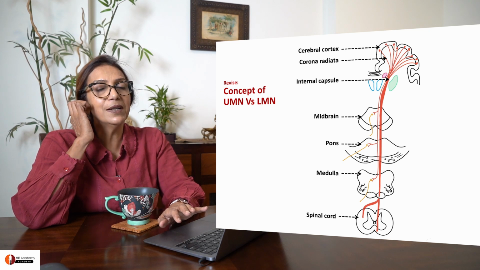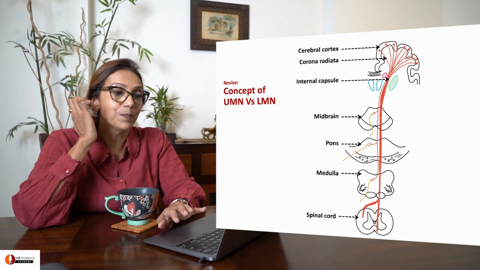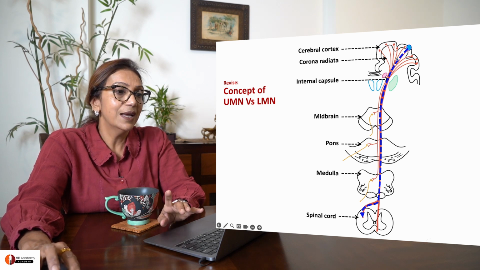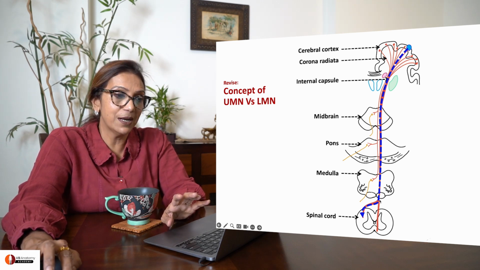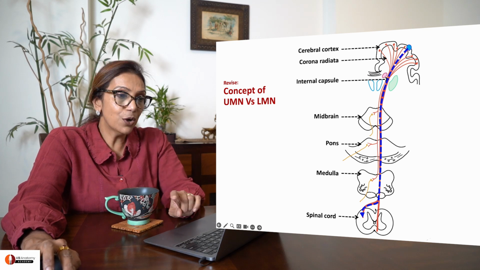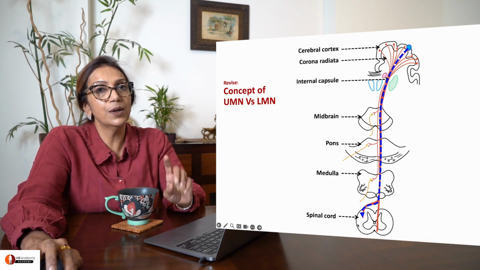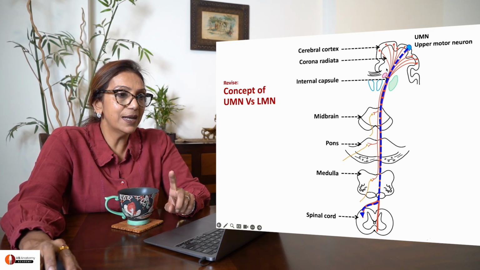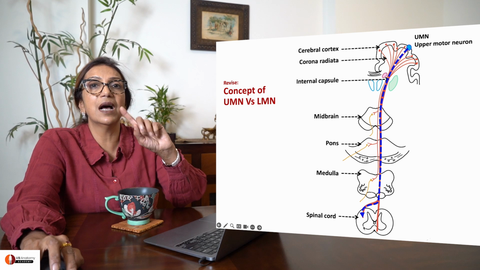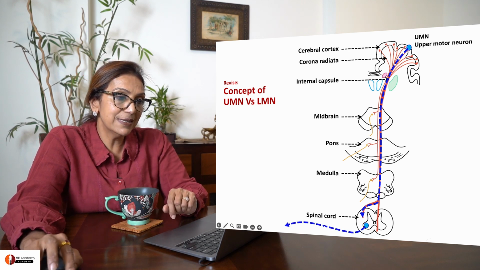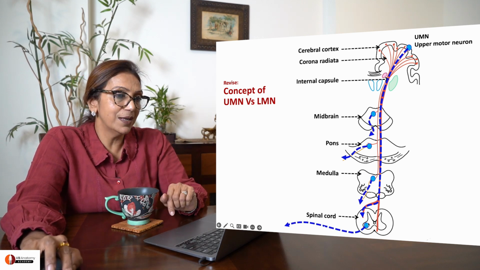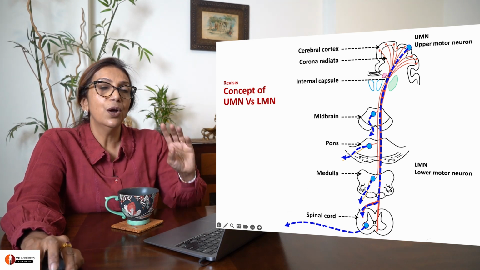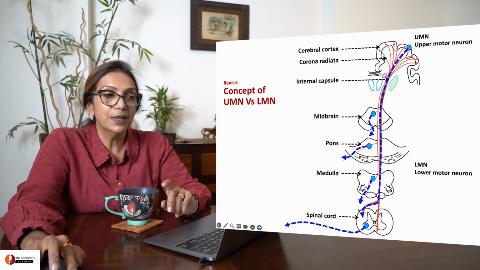So now see, we've done this many times, but I'm going to do it with you again. Okay. So here is your neuron in the cortex. It's descending downwards as corticospinal tract, relaying, crossing over and relaying in the lower motor neuron at the level of spinal cord, right? So this entire neuron is an upper motor neuron. This one at the level of spinal cord is your lower motor neuron along with all the cranial nerve nuclei. All these are lower motor neurons. Now understand that